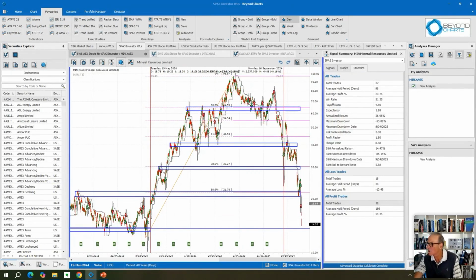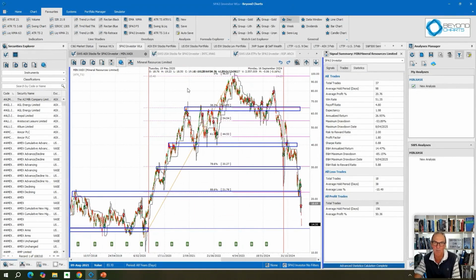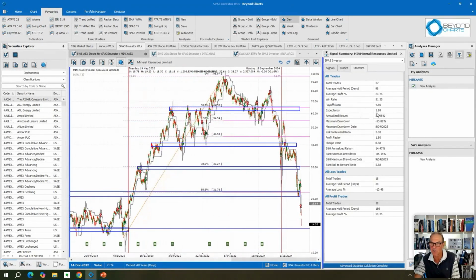I think there's one last question. Can a buy and hold index value be put into the statistics for comparison to the stock? Yeah, so I thought we had that. That's the buy and hold there for the stock, and I thought that's why I was looking for that earlier, and I didn't find it. Yeah, we can do that. We'd have to choose which index and all that. We'll talk about it afterwards. That's something we can put on the list. But we do know that it's 26.95 over that period of time.